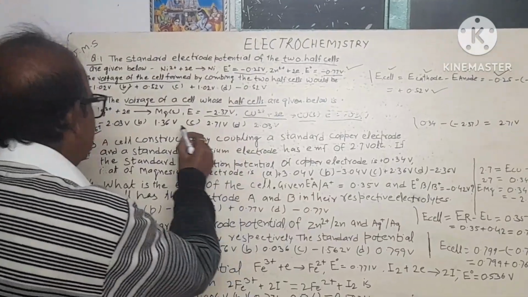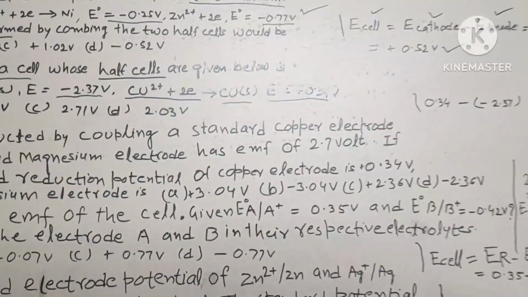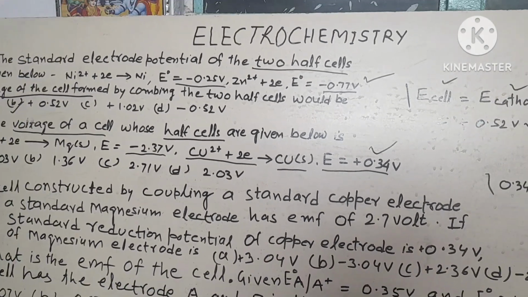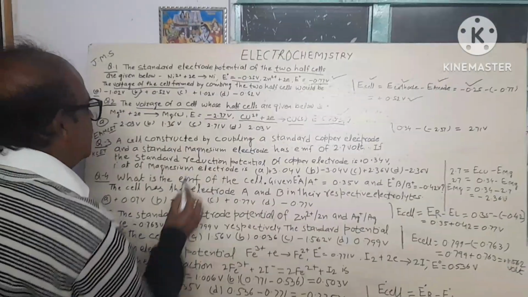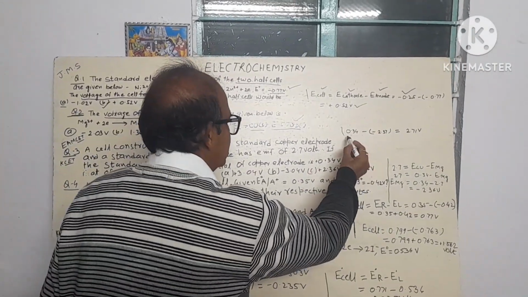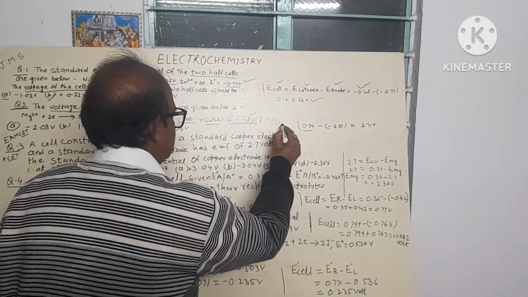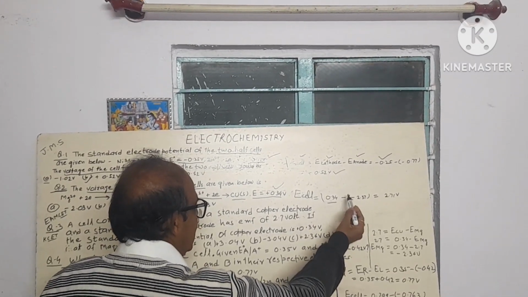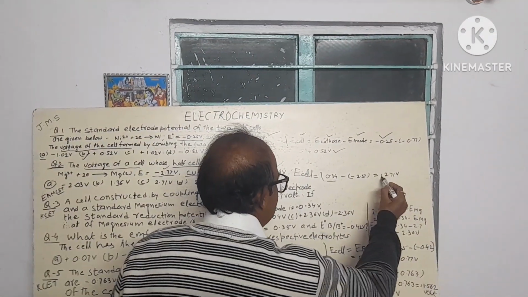Here we can see one value is minus 2.37 and the other is plus 0.34 volt. Which one is more? Copper is more, plus 0.34, so it will be used as the cathode. Magnesium, with minus 2.37, will be used as the anode. Now put the values in: E cell is equal to cathode minus anode, so 0.34 minus (minus 2.37). Minus and minus become plus, so you add both and you will get plus 2.71